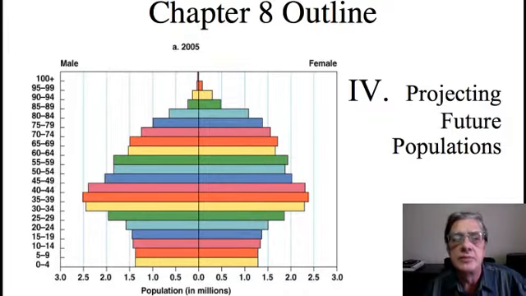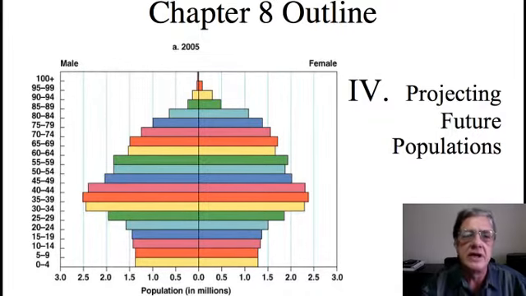But again, we have to separate those predictions into those occurring in developed countries versus those occurring in developing countries. What we see here is what we call a population profile for a developed country. It indicates the numbers of individuals on the bottom versus their ages in 5-year increments. What we see is that the majority of individuals in developed countries are in the 20 to 50-year age group